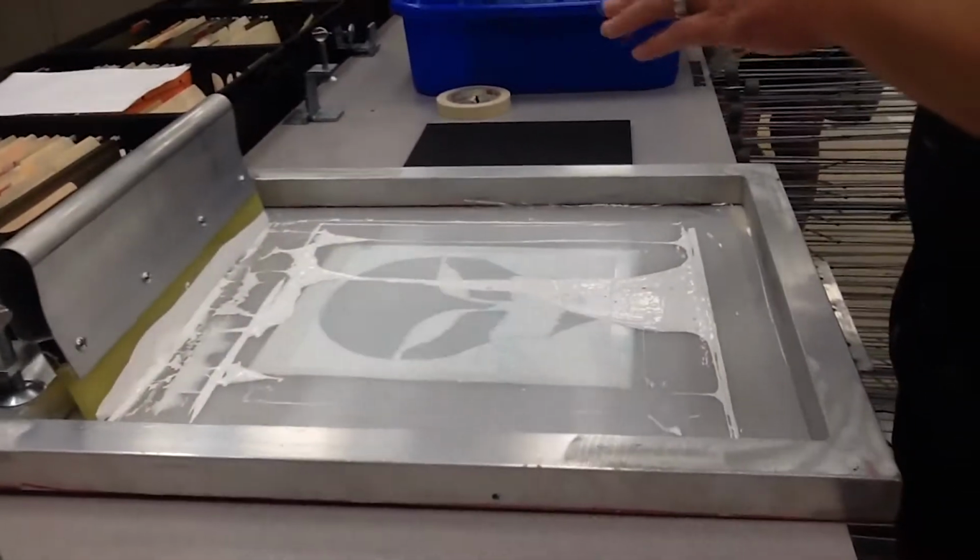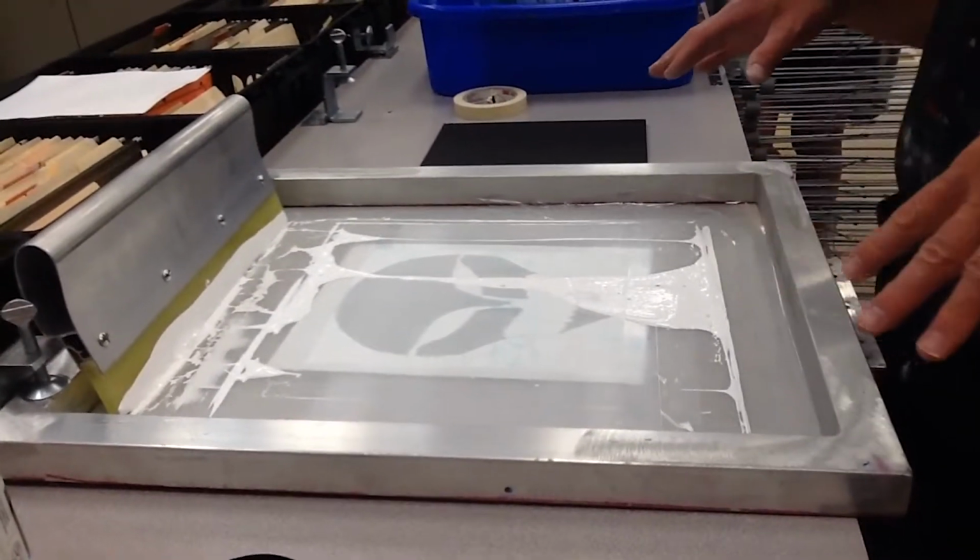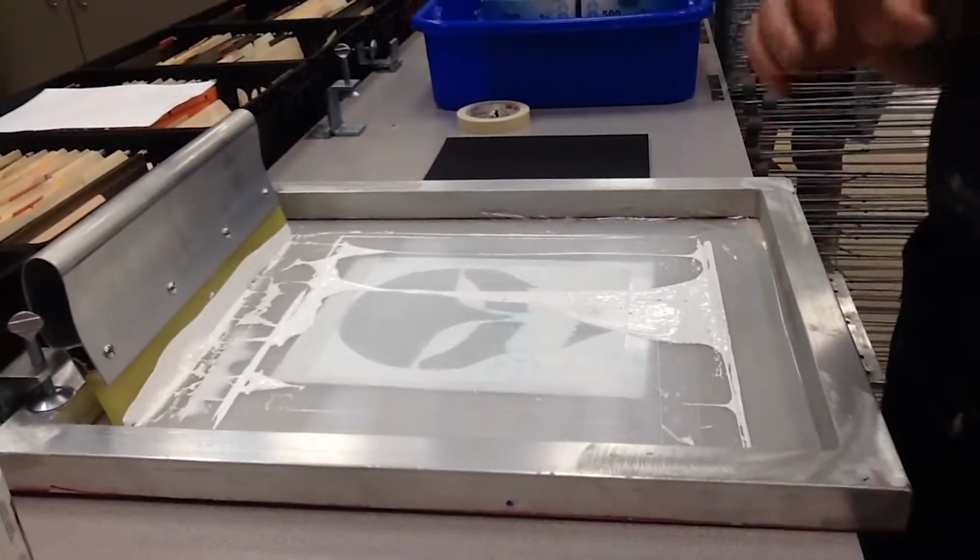You can lay them out someplace else to dry also if you don't have access to the rack, but just find a safe place. Don't lay them where somebody else is